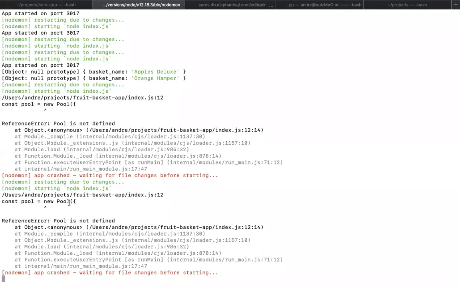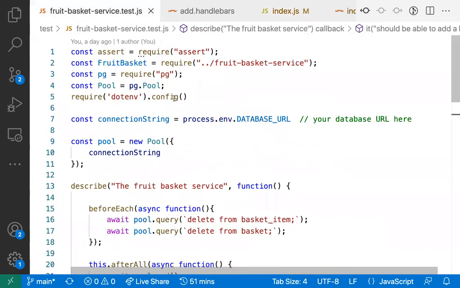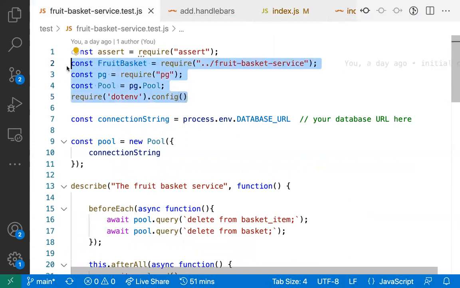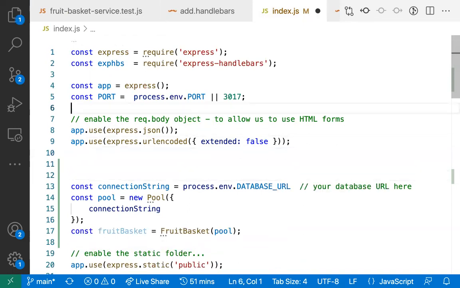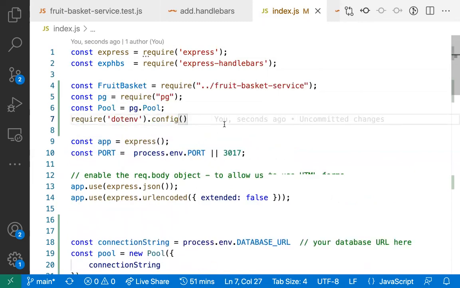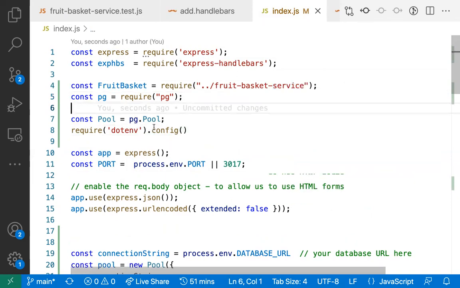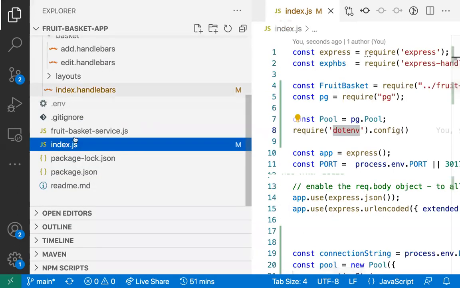You'll note if I run it now, there are a few errors. I have not imported pool. So in this case, I need to do two things: I need to set up pool and fruit basket. There are a few things, so I'm going to copy all of this code that I have in my test here and put it here. I'm going to move it up, actually. So I import my fruit basket, I import PG. I also require this .env thing